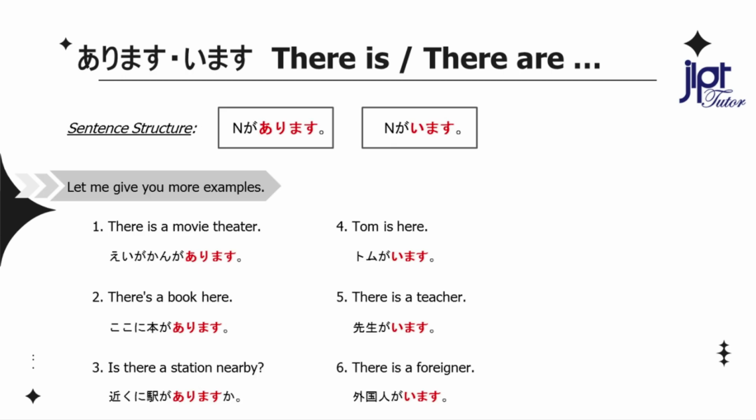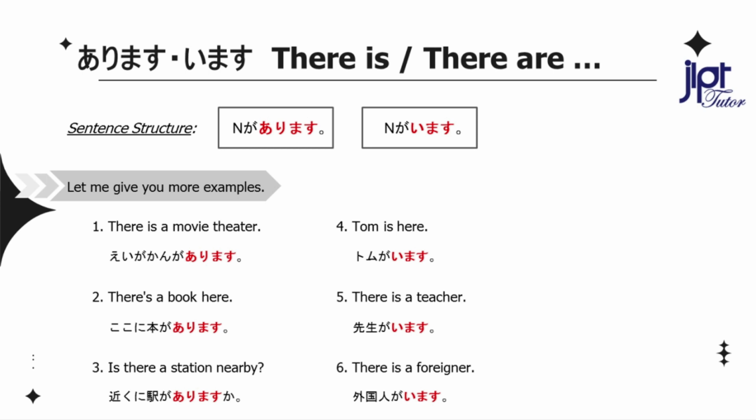There is a movie theater. 映画館があります。There's a book here. ここに本があります。Is there a station nearby? 近くに駅がありますか？